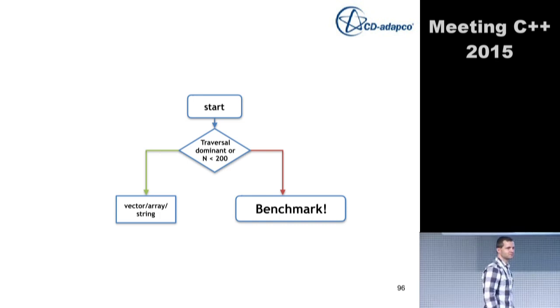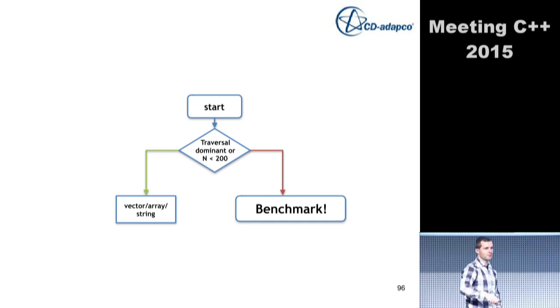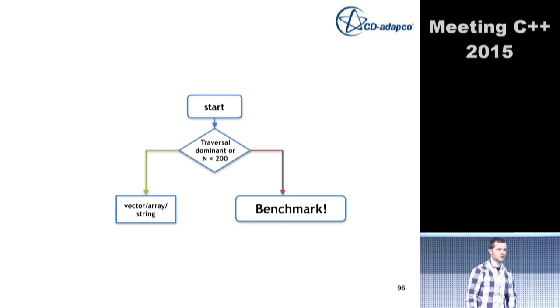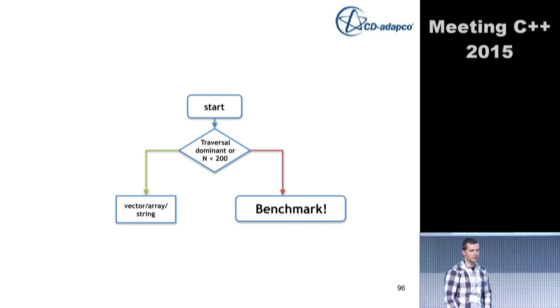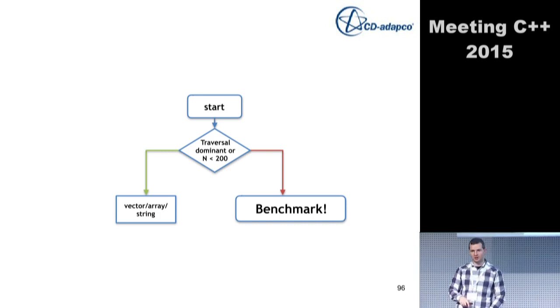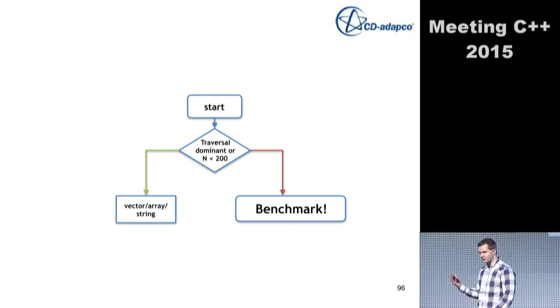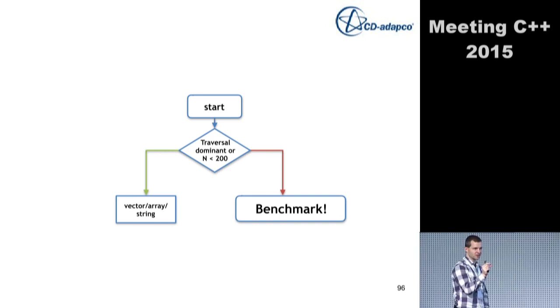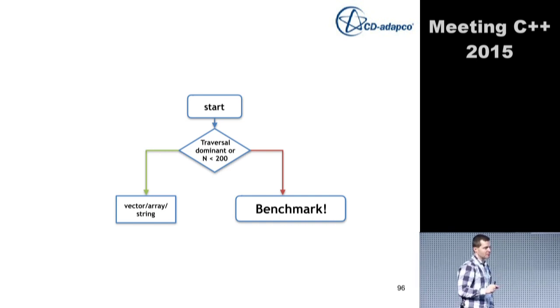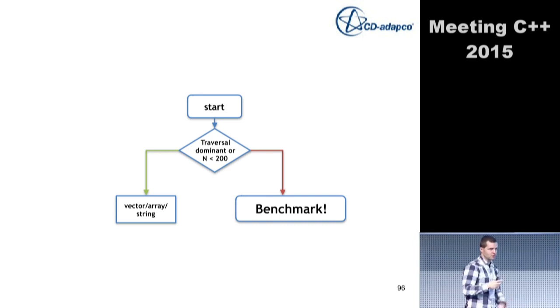Yes, question. How much effect would a custom allocator have on the containers that use dynamic allocation? So the question was how much effect some kind of specific allocator would have on the containers that use heap-based allocation, so node-based containers. It might have a dramatic effect, of course. I said this in the beginning: I cannot take this into account. I only have 1 hour,